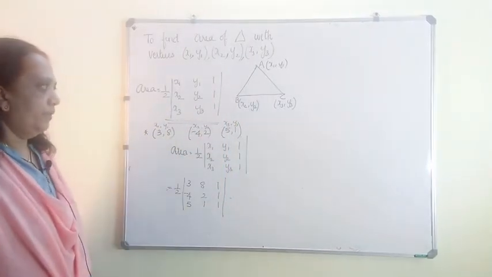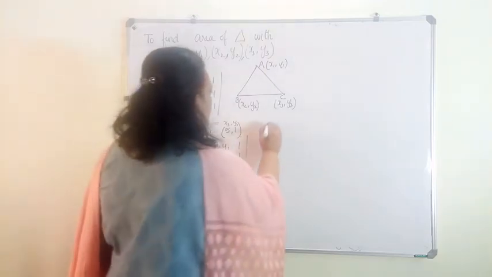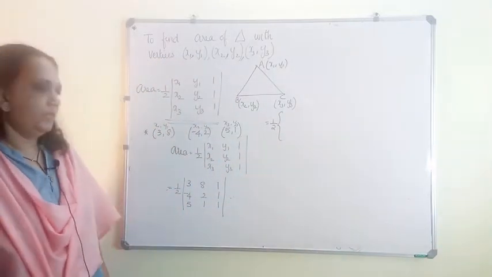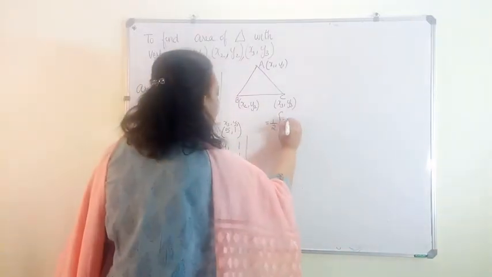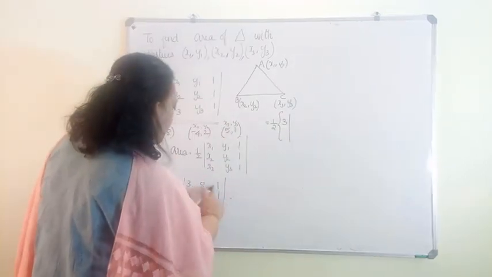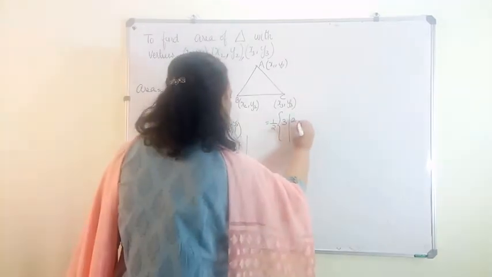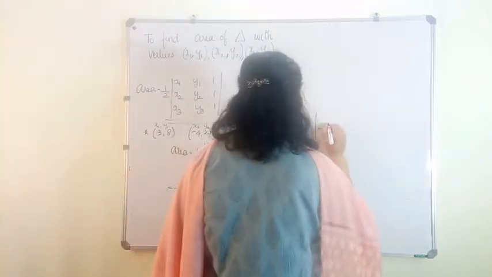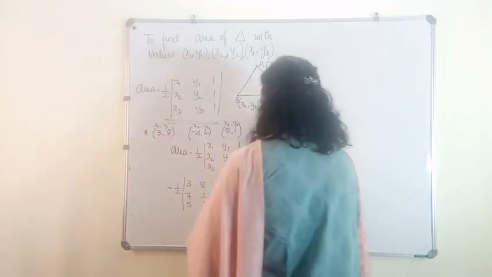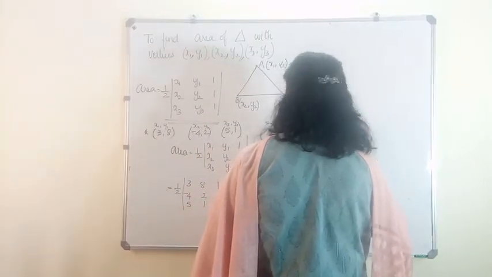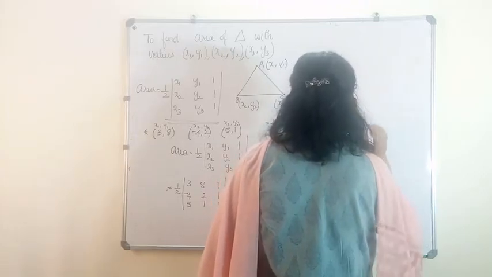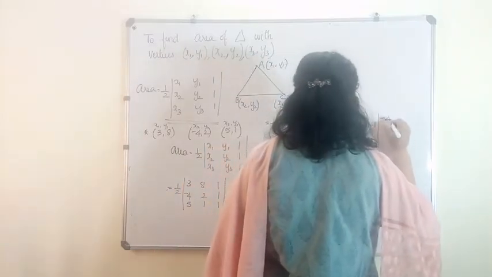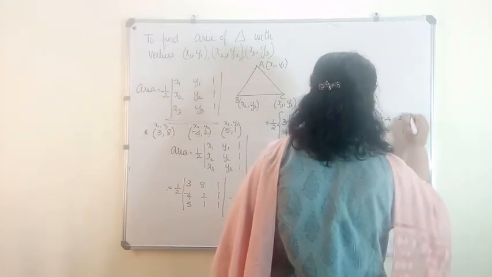And you can substitute over here, which is equal to half into, it is a 3 by 3 determinant, 3 into determinant, eliminate the first row and the first column, 2, 1, 1, 1, minus, second element is negative, 8 into determinant, minus 4, 1, 5, 1, plus 1 into determinant, minus 4, 2, 5, 1,